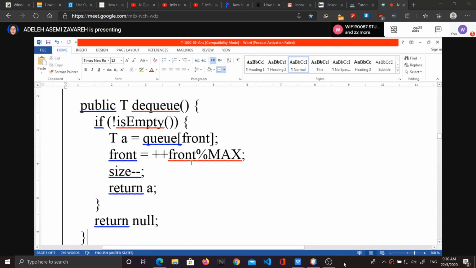We increase the front. Why we use this for increasing the front? Why we don't simply write plus plus for front, and we use front,